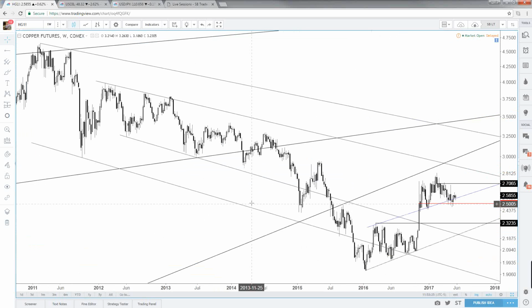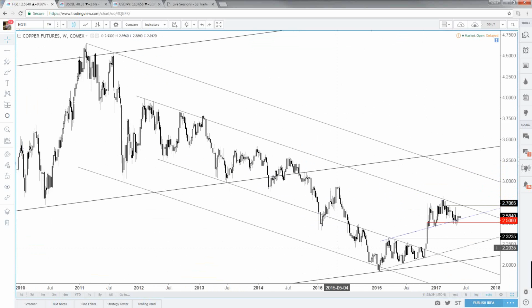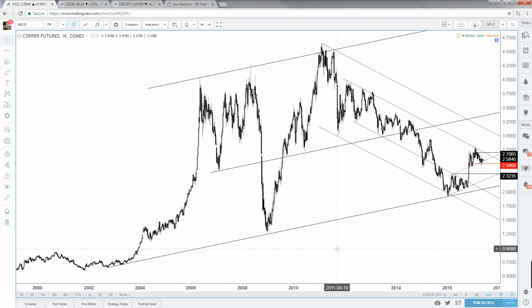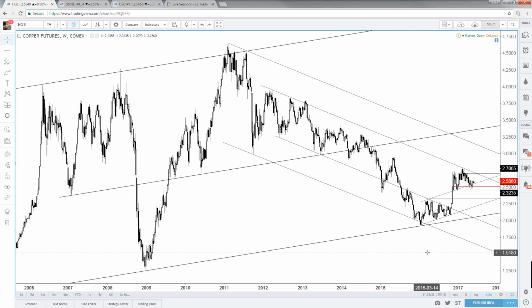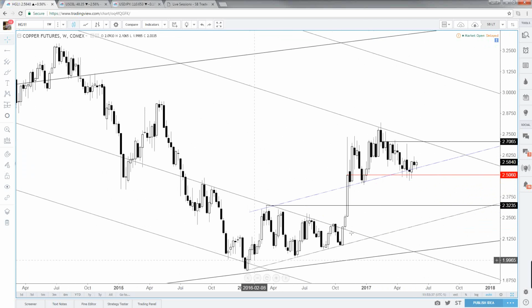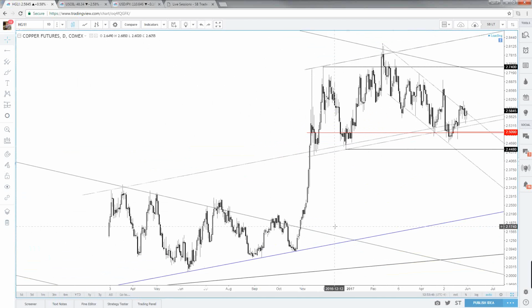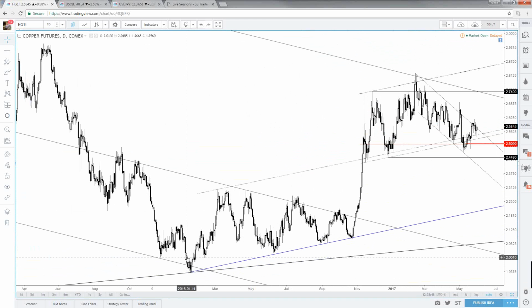I like copper higher. Pretty simple. We've had the cleanest looking charts in copper for a long time. Basically, the way I'm looking at this is,